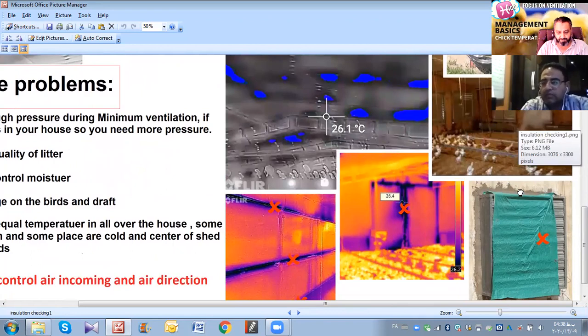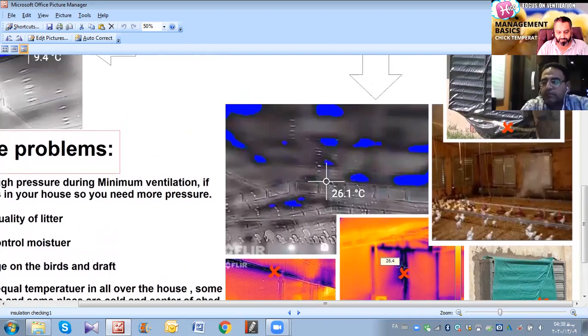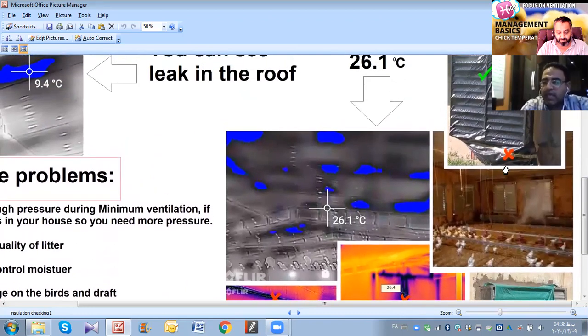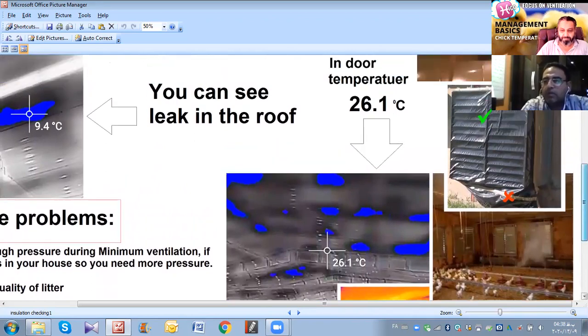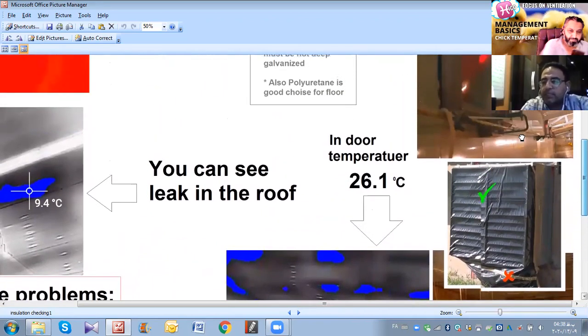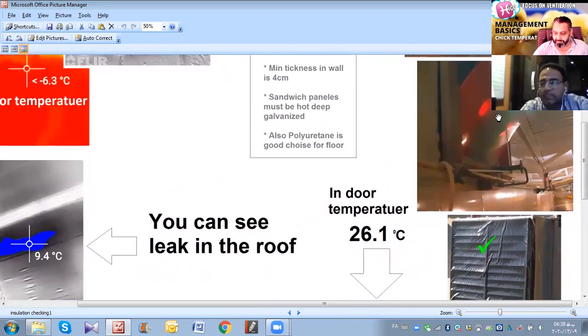Here we have good sealing for the fans, and bad sealing here. Another important item for leakage is bad quality inlets and bad design.